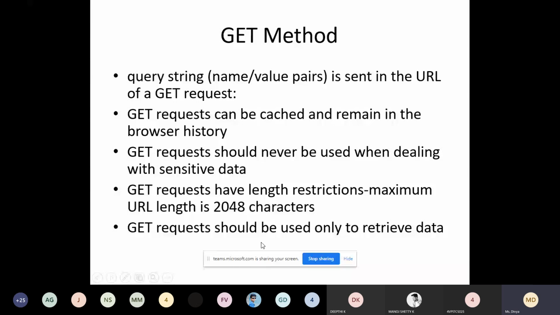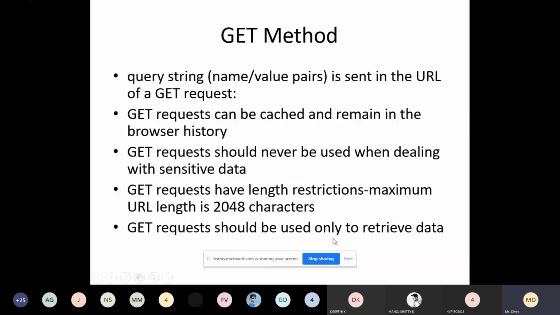The get request should be used only to retrieve data. If you want to collect some non-sensitive data, for example feedback or some information, you can go for the get method with a small form, not a lengthy form.